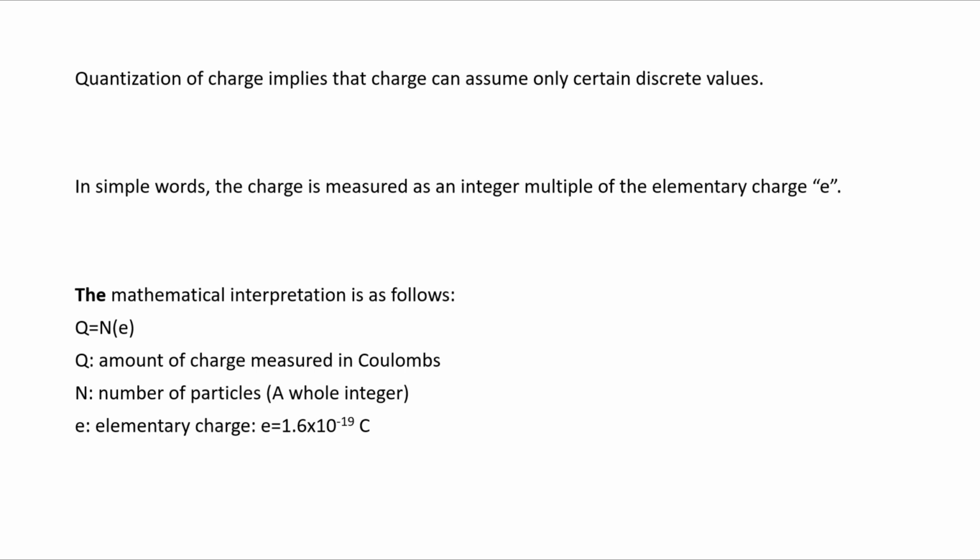Quantization of a charge implies that a charge can assume only certain discrete values. Let's make it simple. The charge is measured as an integer multiple of the elementary charge e. So when we say Q equals ne,